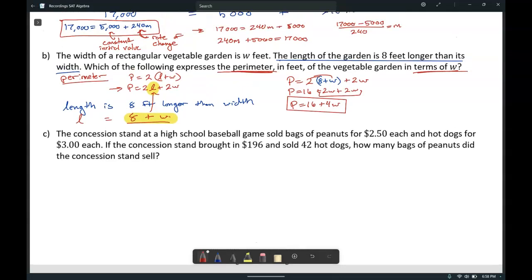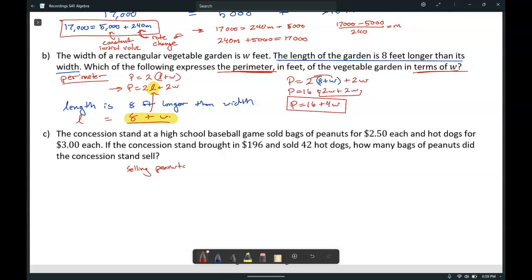This last one, we have a concession stand at a high school baseball game that sells peanuts for $2.50 a bag and hot dogs for $3. The concession stand brought in $196 and they sold 42 hot dogs. How many bags of peanuts did the concession stand sell? So our broad statement is that we are selling